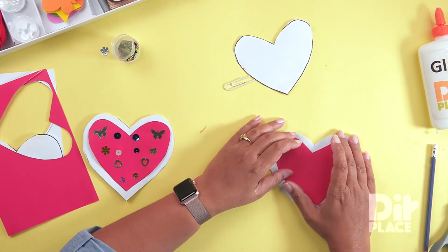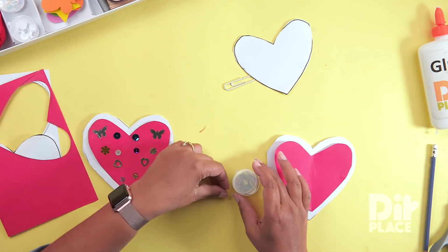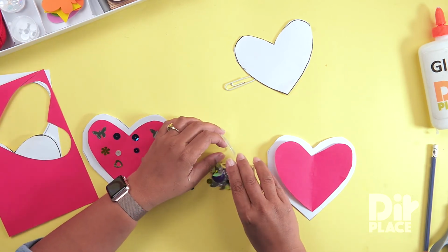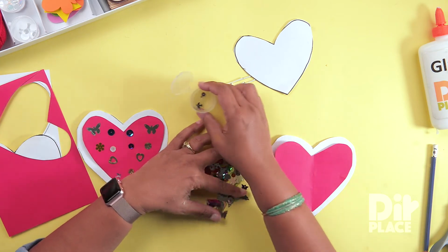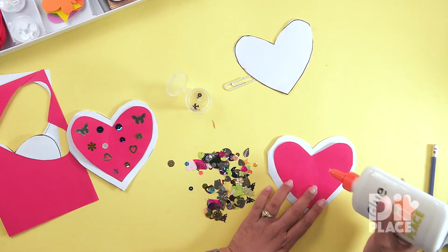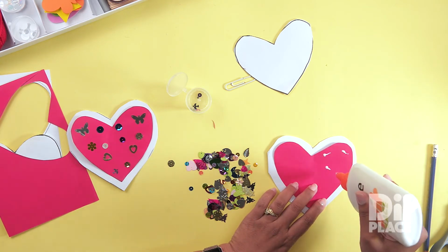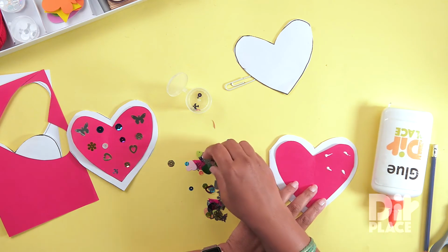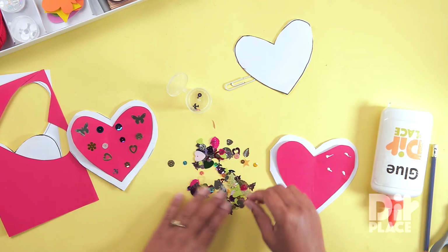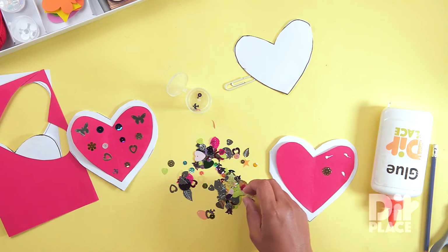And now all we need to do is to decorate our card. You can use gems, you can even use pom-poms. I'm going to use these spangle decorations that come in our handy dandy craft box. And again, in order to add these things, I just would put some glue onto my card, because sometimes putting the glue onto these tiny decorations is difficult,